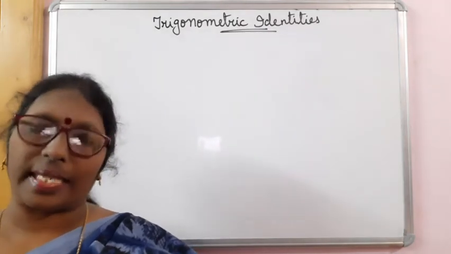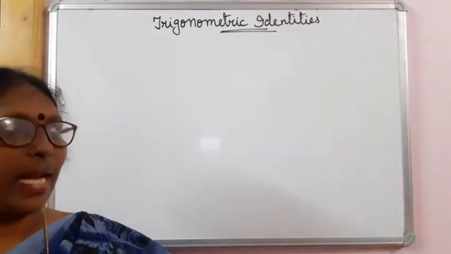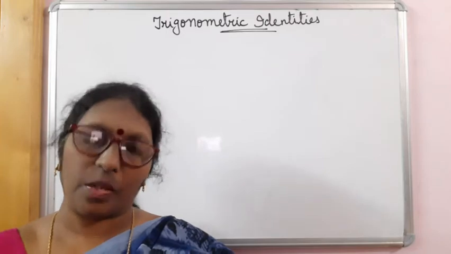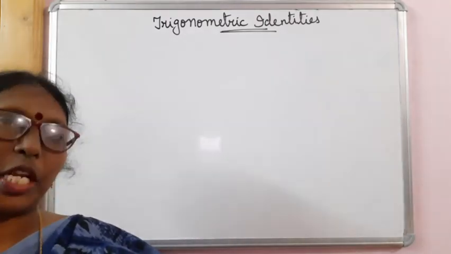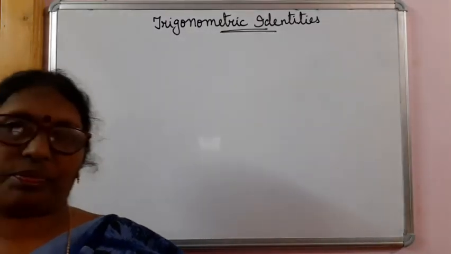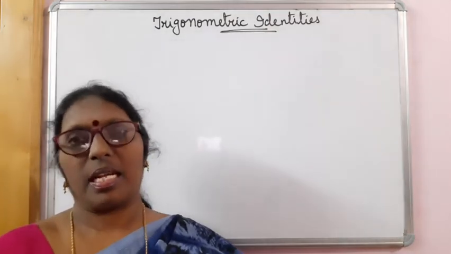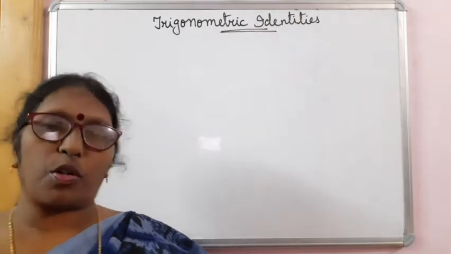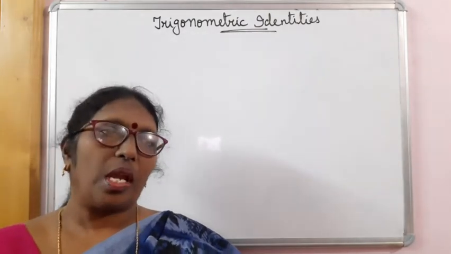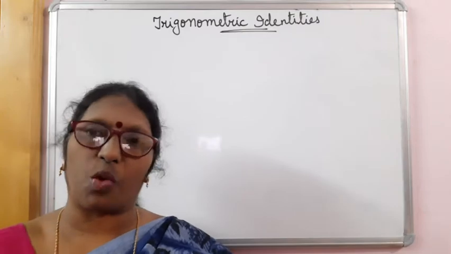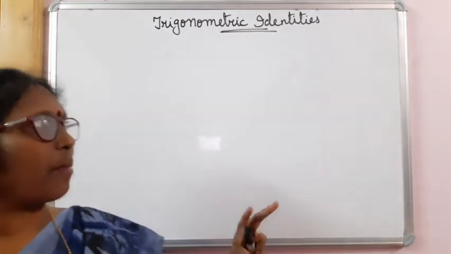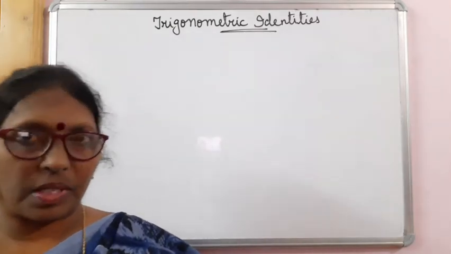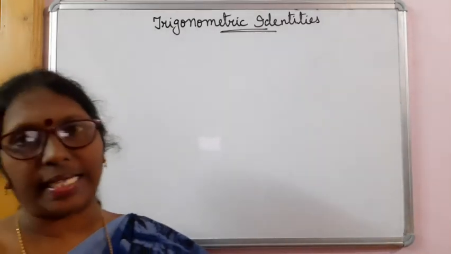These trigonometric identities or identity is an equation involving trigonometric ratios of an angle. What is this? Let me give you some introduction, means what you have done already about trigonometric ratios. What are quotient relations? What are reciprocal relations? Let us have a discussion. After that, let us come to the trigonometrical identities.